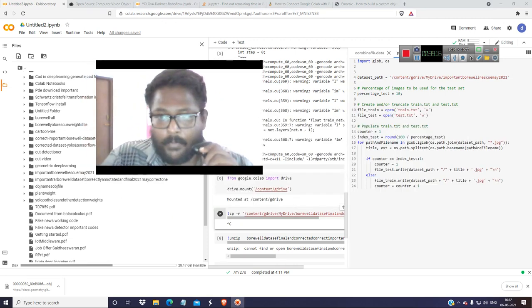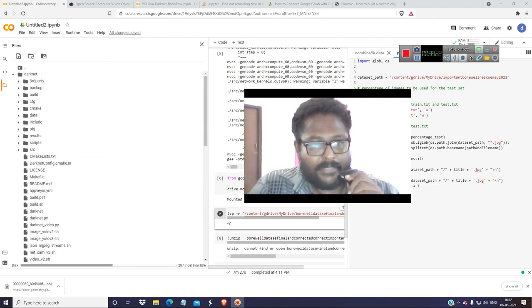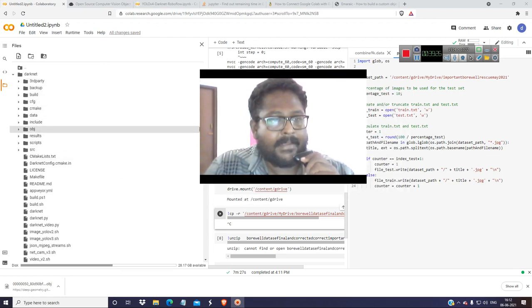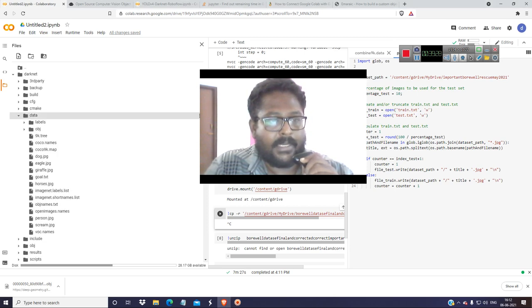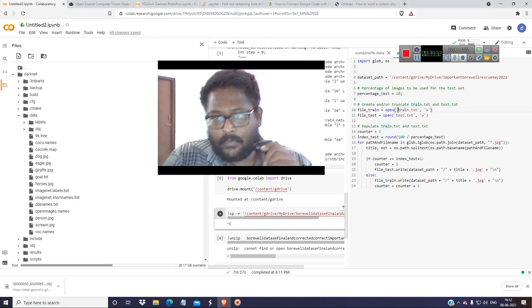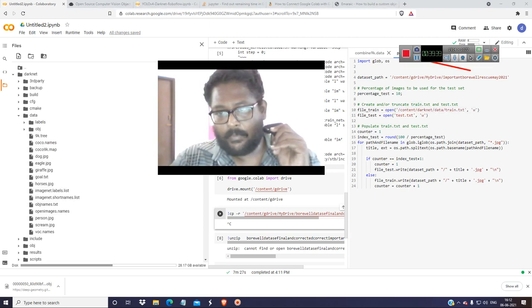So now what I'm going to do is take this train.txt, test.txt, and give this path over here. Okay, in the data itself, copy the path and just paste it over here. Control V. It should be written over here.